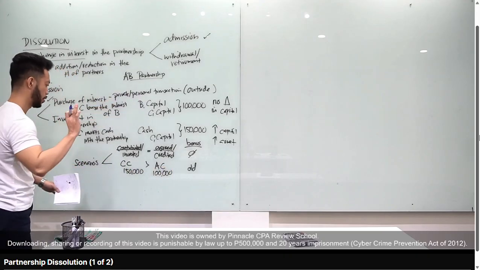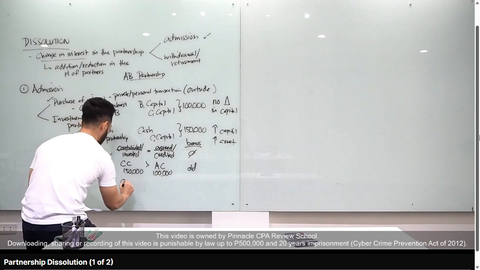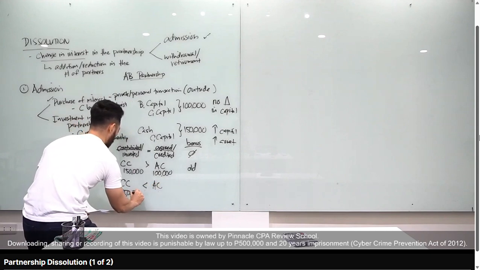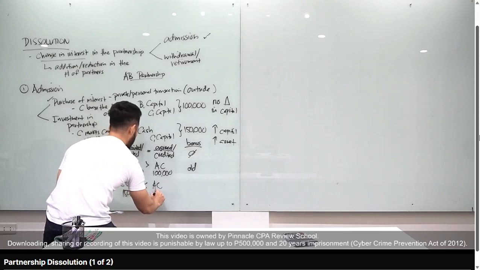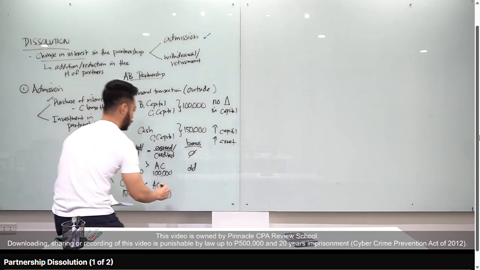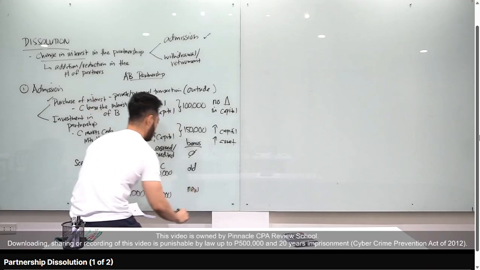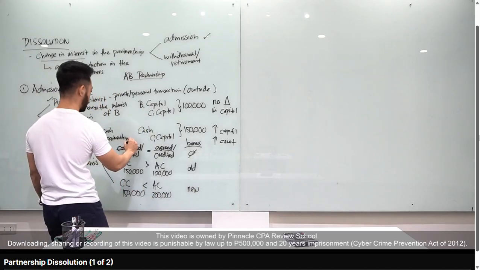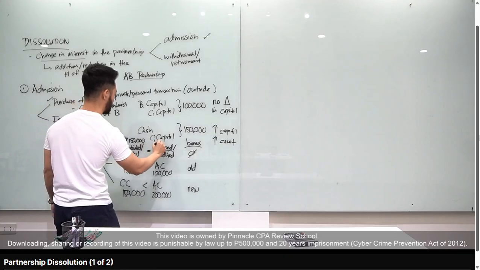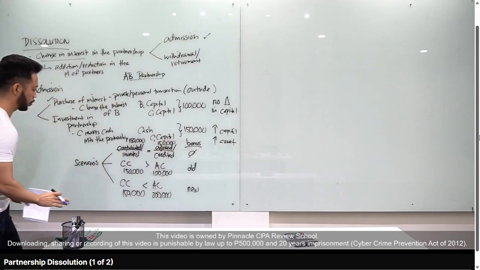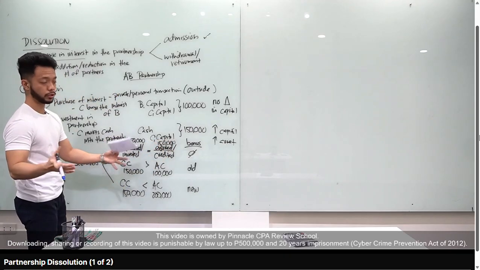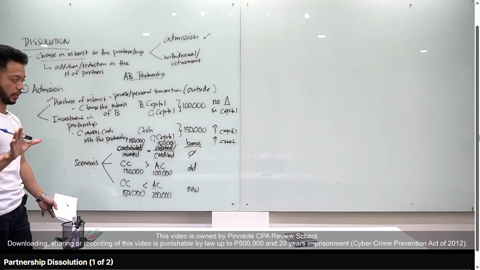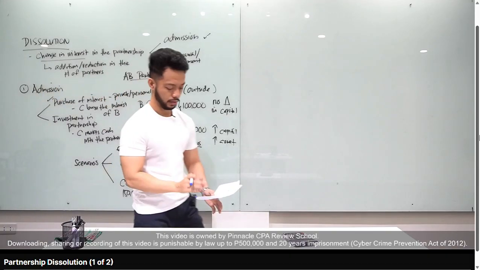On the other hand, if the contributed capital is less than the agreed capital, for example, 150, and then, let's say this is 200,000, that difference of 50,000 will be a bonus to partner C, the new partner. Alright? So, our first scenario is 150, and what was given to him is also 150. Got it? So, this is applicable only to class, this bonus, we call this the bonus method in investment in partnership. In purchase of interest, there is no bonus method. Got it? Okay. So, let's apply that to our exercise.